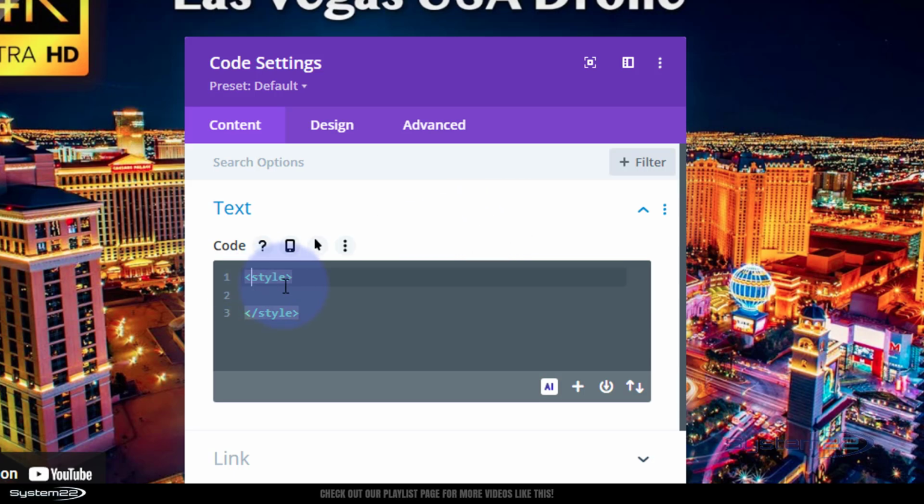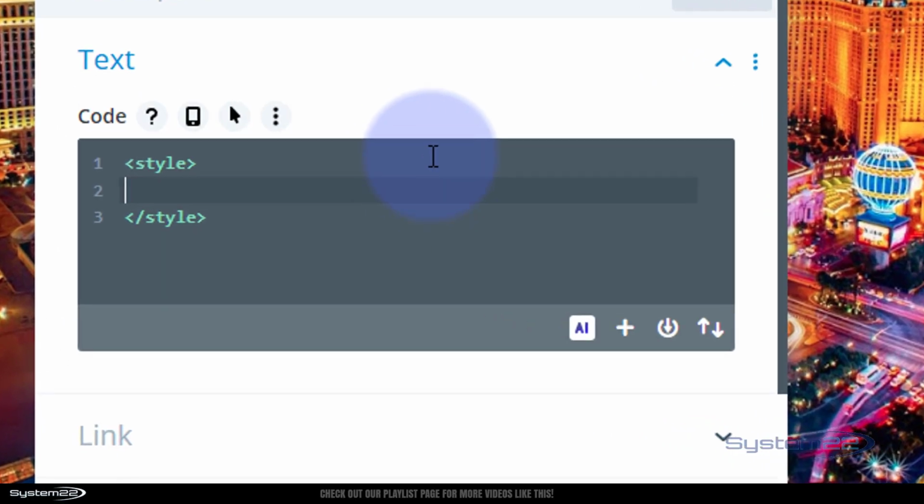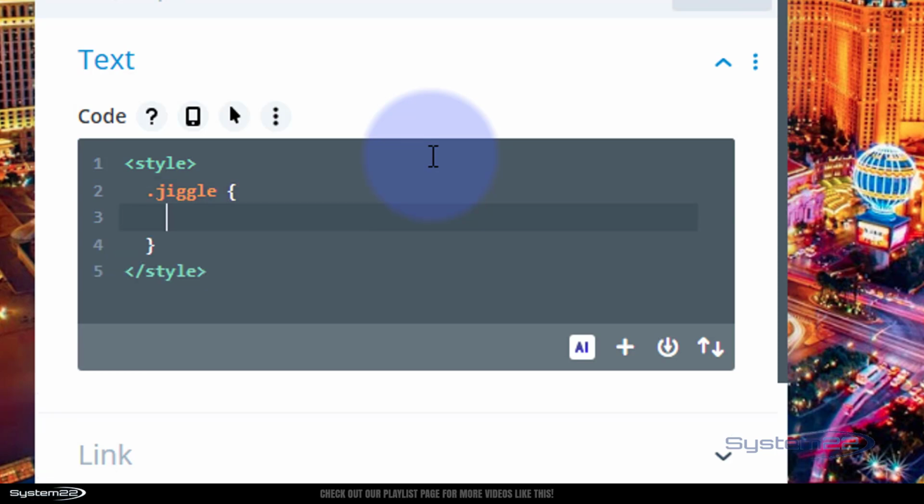Great. Well, first thing we need to do is create a class name that we're going to call these elements. It can be anything you want, but I like mine to mean something to me. So I'm going to call mine Jiggle, for want of another name. J-I-G-G-L-E. Like I say, you can call yours what you want. That's what I'm calling mine today. We open and close some curly brackets now and tell it what any element with that class we want it